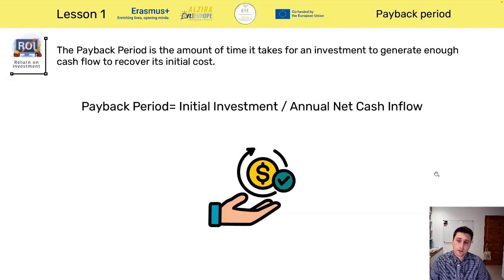Okay, so to define if the return on investment from the economic point of view is acceptable or not, we should calculate both the return on investment and the payback period. And having that data into account, we could have the first leg in the impact calculation, which is the economic section.